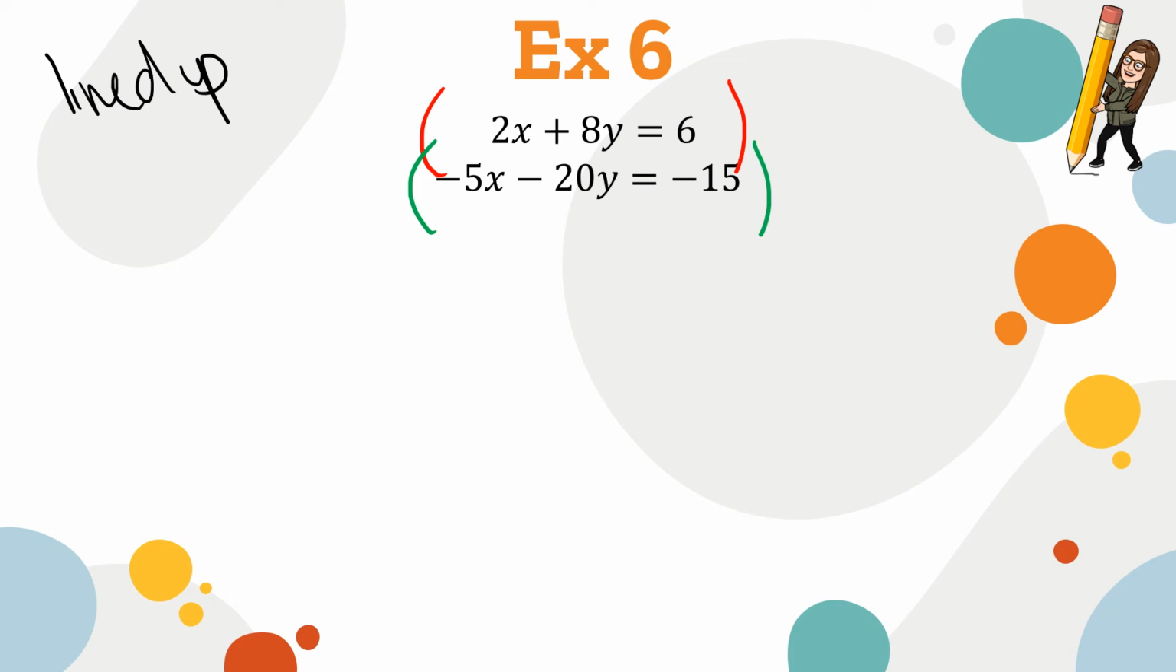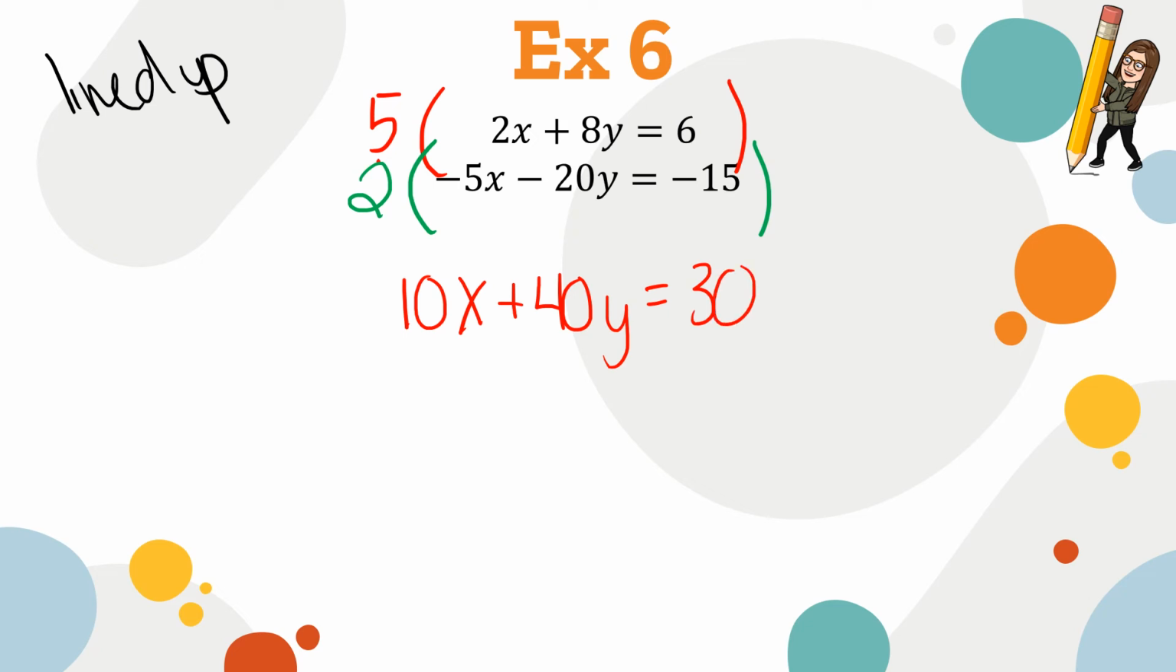I'm going to multiply the first one by 5, and I'm going to multiply the second one by 2. See how I multiply by the opposite factor? Very important. Let's take care of that. Distribute the 5 times 5 times 5